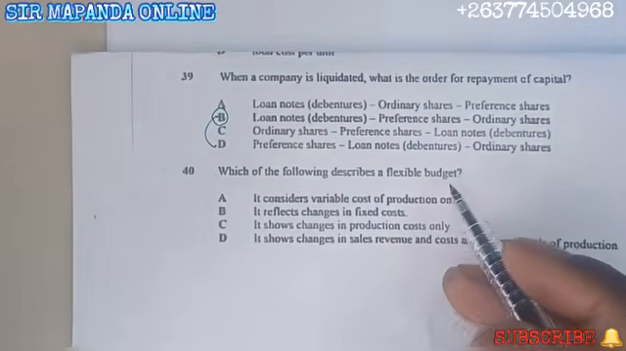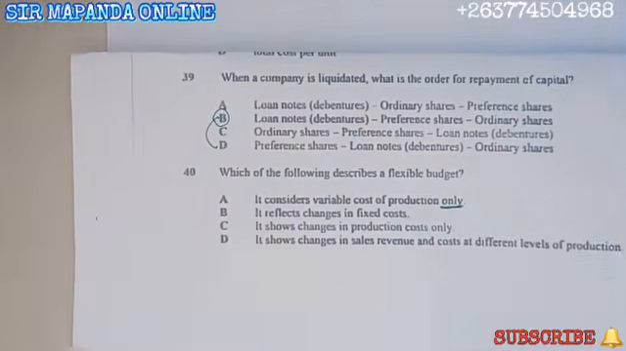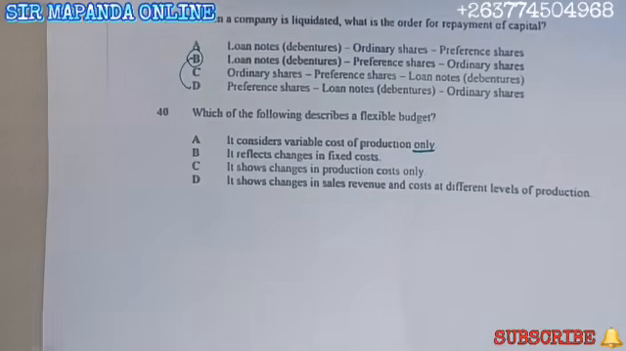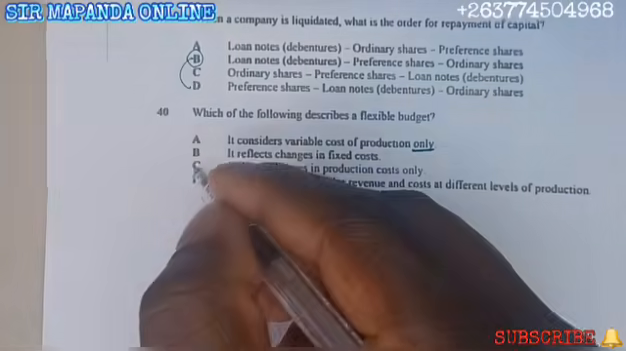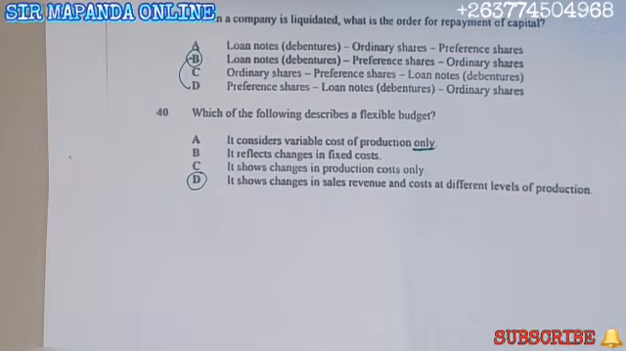Part A is a partial truth, but the fact that there is only, it becomes wrong, because a flexible budget does not consider variable production costs only. No, we also consider the sales revenue. I hope you are following. So your answer is D. It shows changes in sales revenue and costs at different levels of production. So your answer is D, which is the